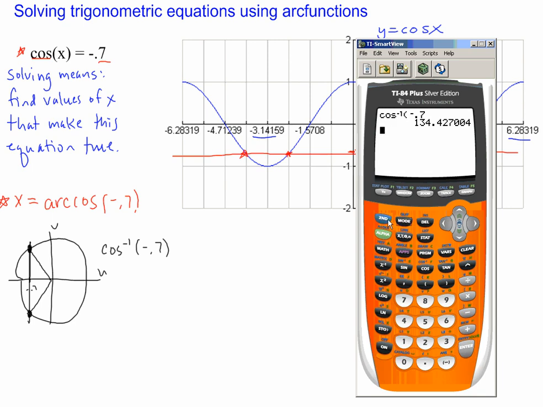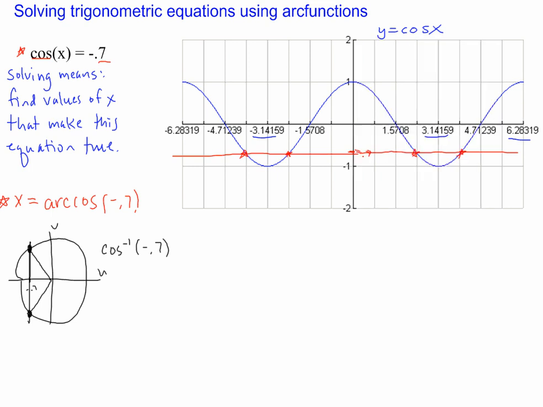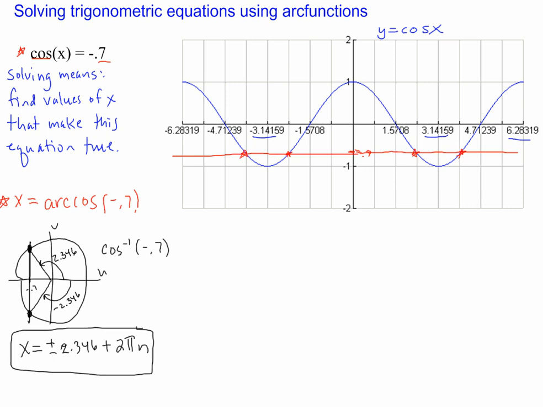Second quit and second enter to just type that in again. Great. I get 2.346 radians. Right, 2.346 radians. And that tells me that this other one by symmetry is negative 2.346 radians, right? So x is equal to plus or minus 2.346 plus 2 pi n radians, right? Because this point here is 2.346 plus 2 pi n, and this point here is negative 2.346 plus 2 pi